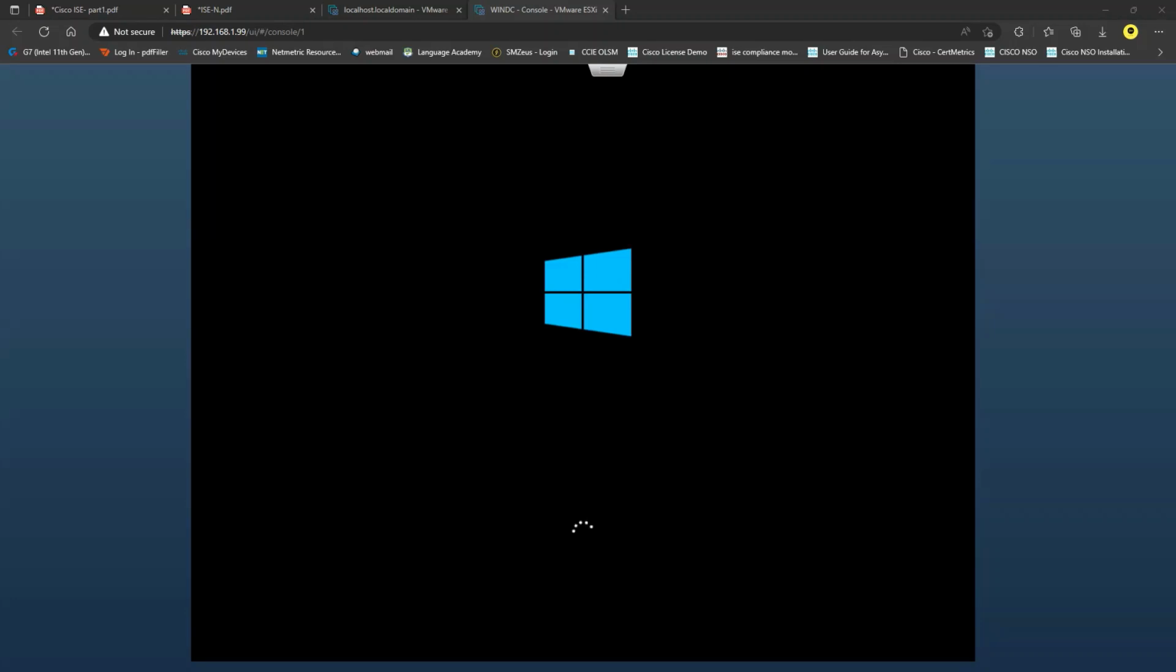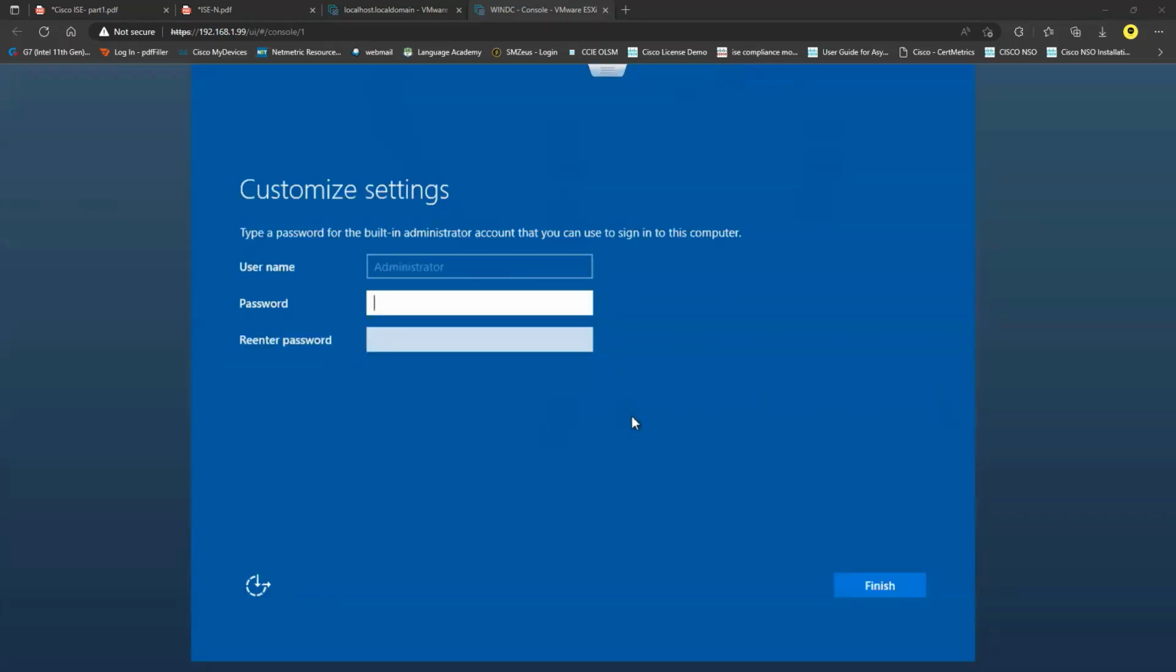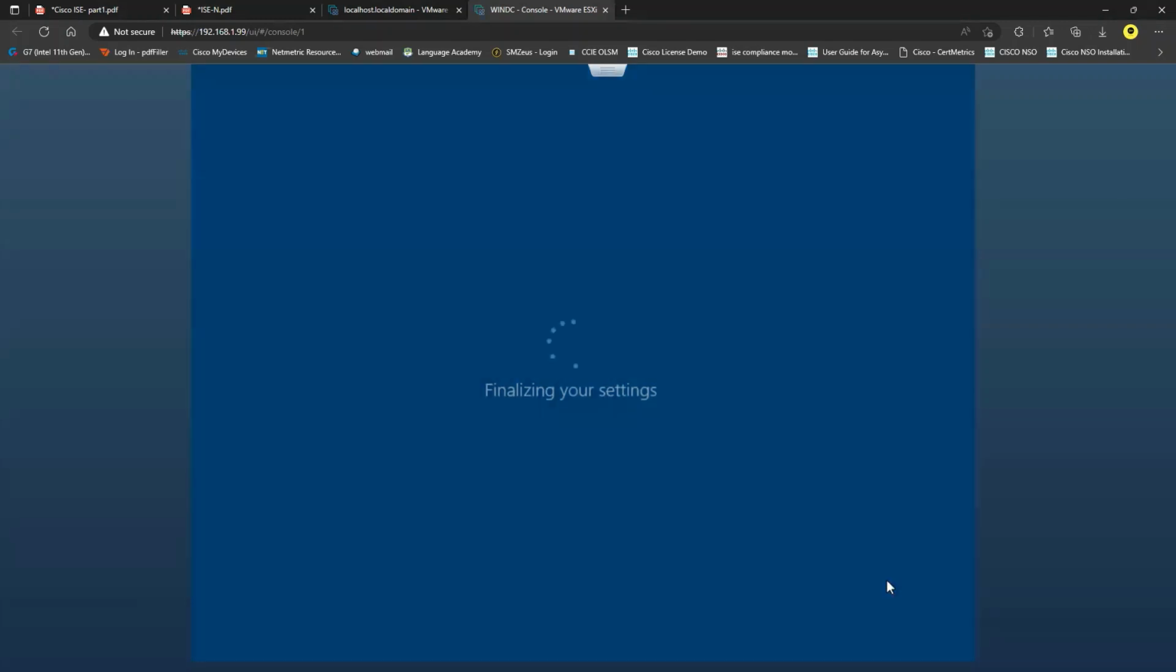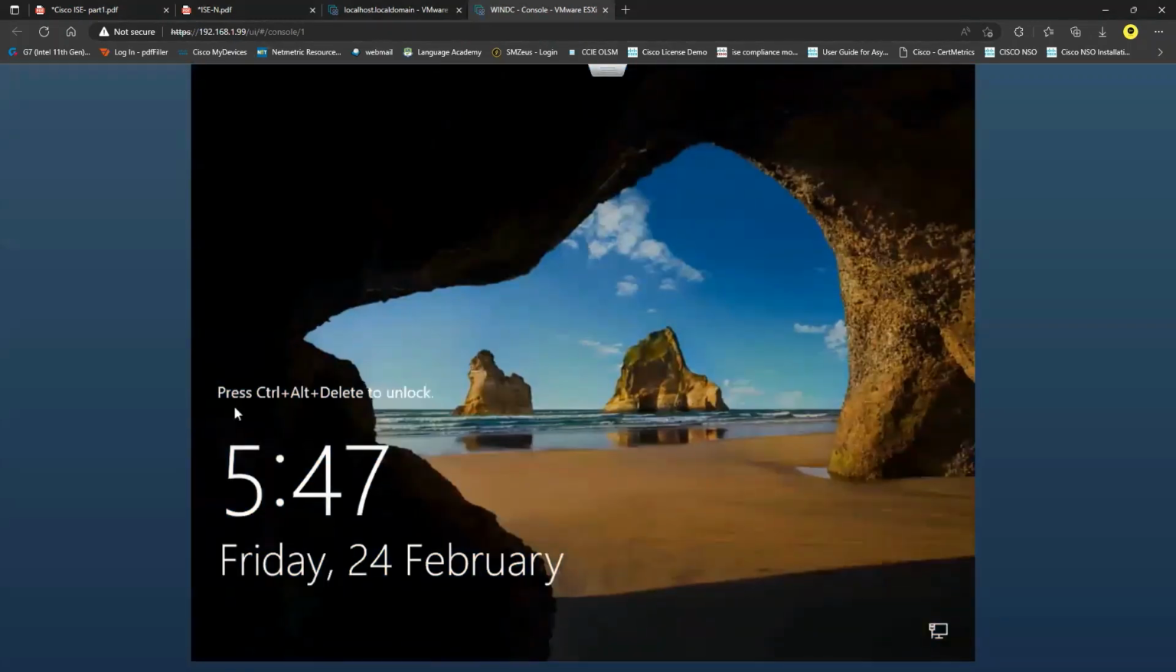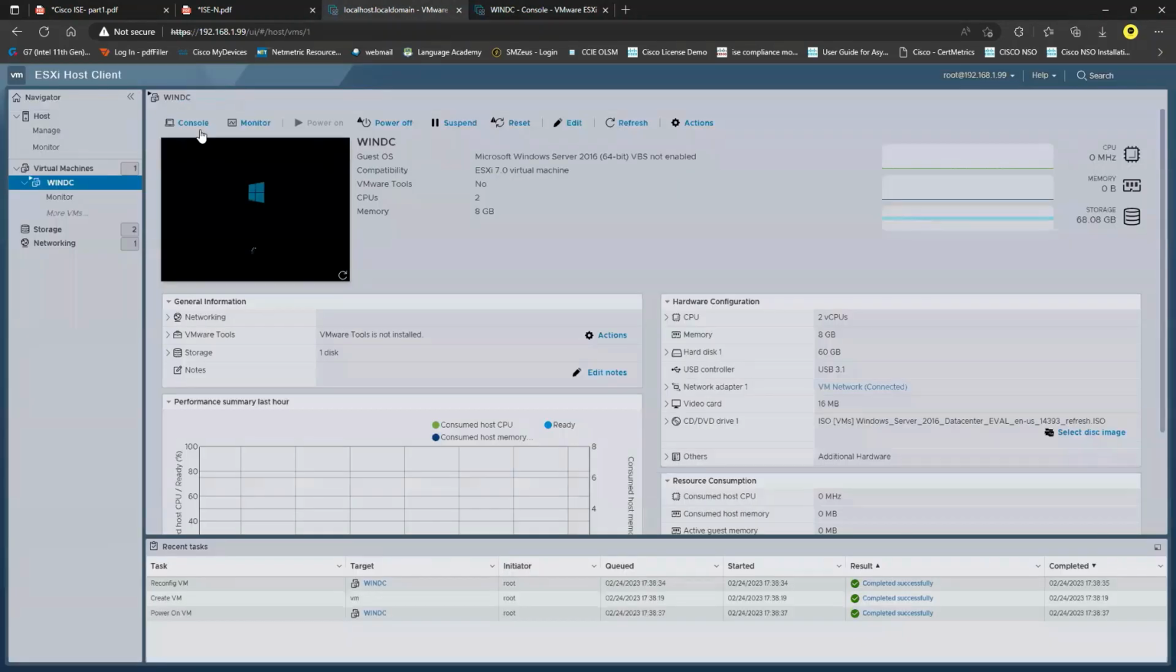Once it has completely rebooted, it will ask you for the password. So just type in the password. I will type in mois123# with a capital M and click on finish. Now you see that you do not have any option to click Control Alt Delete. If you click Control Alt Delete, it will be executed on your laptop, not on this one. So for that I will click on console and click on launch